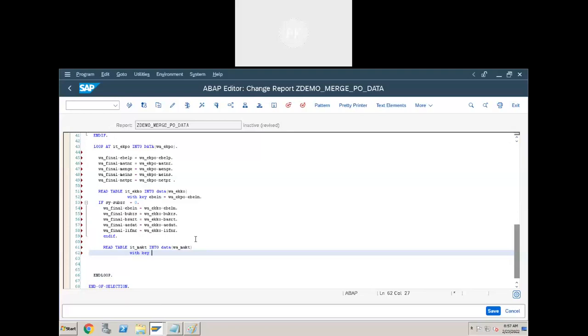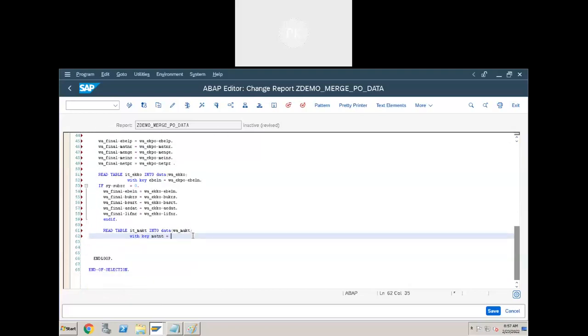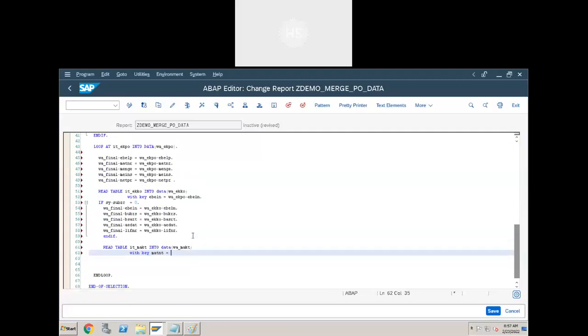MATNR equal to the work area of EKPO. So we have the material number in EKPO only, right? That's why we are using that work area.